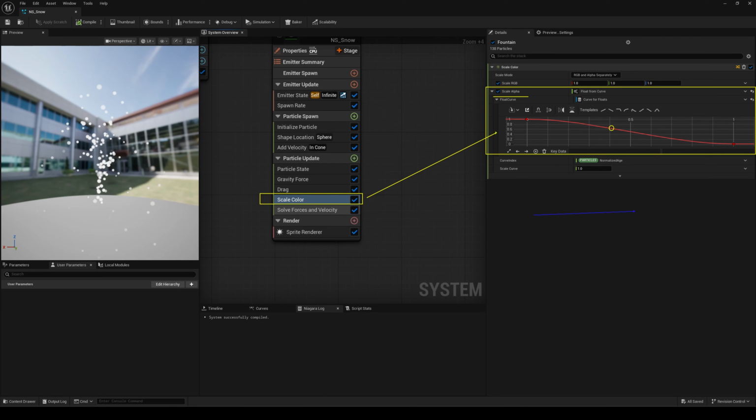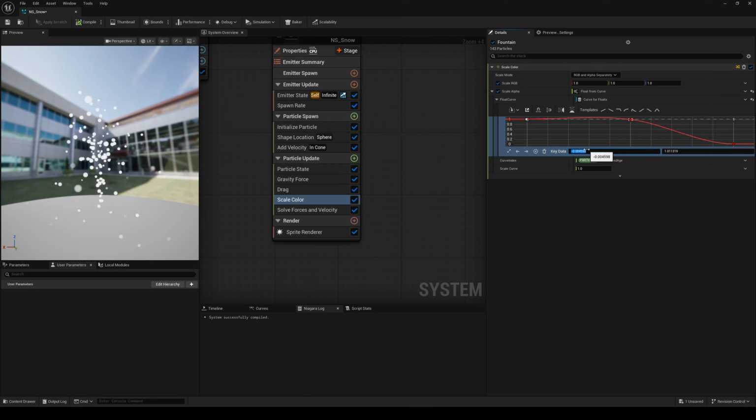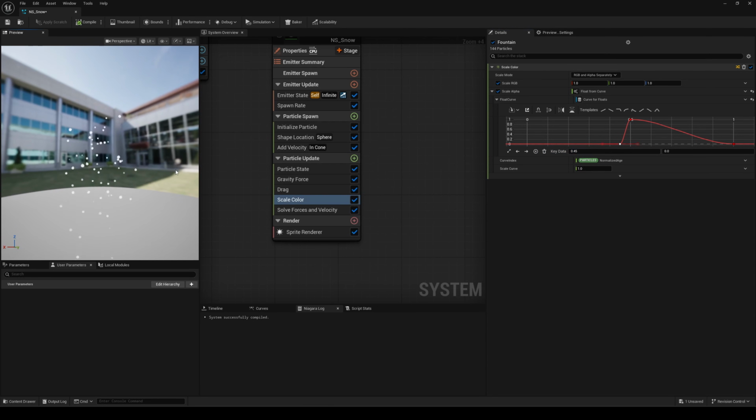The horizontal axis represents the particle's lifetime, normalized from 0 to 1, while the vertical axis controls the sprite's opacity, where 0 is invisible and 1 is fully visible. This is all driven through the vertex color node in the sprite material. By adding a key in the middle and putting the initial value closer to it, we smoothly fade in the particles and hide the spawning starts. Simple, clean, and effective, no need for complex setups.